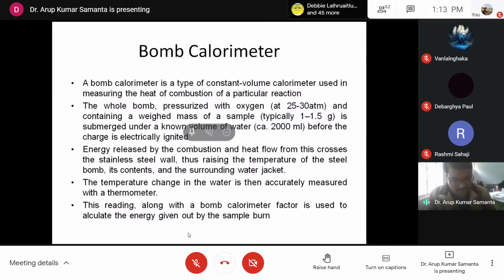Yesterday we discussed that the gross energy content of different nutrients is different. In the case of carbohydrate, it is 4.2 kilocalorie per gram. In the case of fat, it is 9.4 kilocalorie per gram. In the case of protein, it is 5.65 kilocalorie per gram. So gross energy does not have any relation with the other forms of energy, that is, digestible energy, metabolizable energy, and net energy.